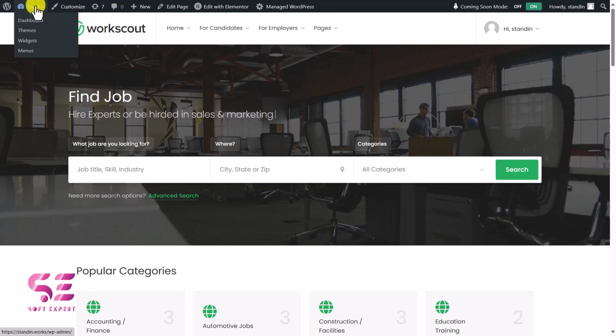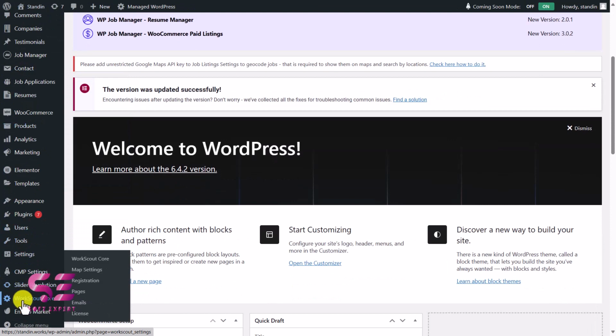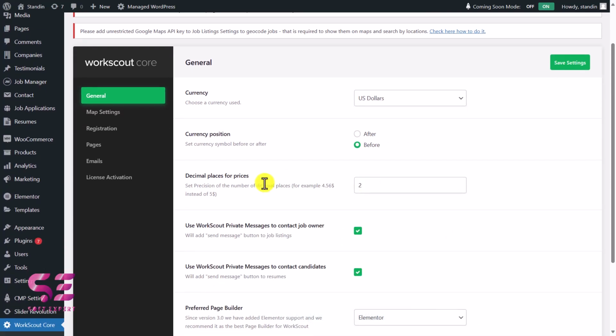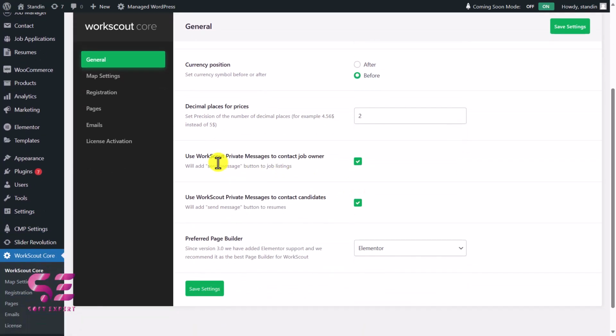So let's go to dashboard and scroll down, and here you can see Workscout core. Just click on it, and as the name suggests, here you can do some core settings for the theme. Like you can change the website currency from US dollars to any of these. You can change the currency position, the decimal points, and you can enable and disable the private messaging to the job owner, and you can also enable and disable the contact to candidate, okay? So I'll disable both of them because I don't need them. And this is the preferred page builder, so you can use this theme for Elementor or WP Bakery based on your choice. And make sure to save changes after you